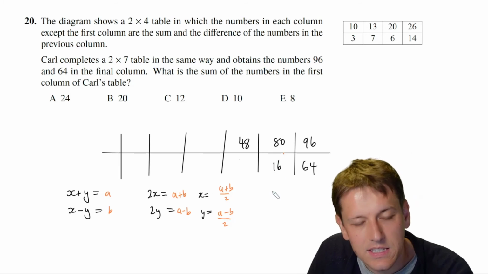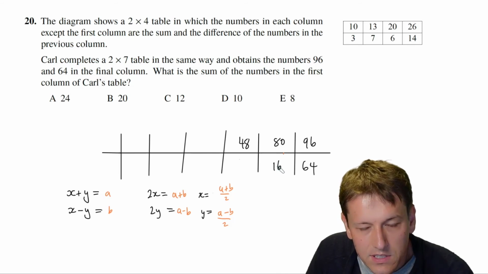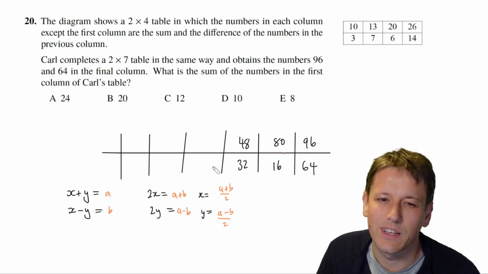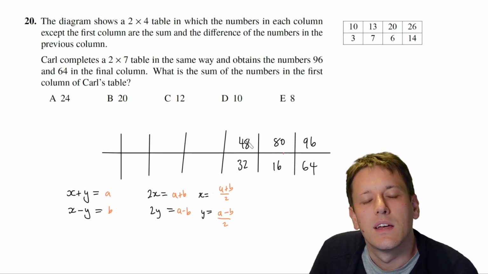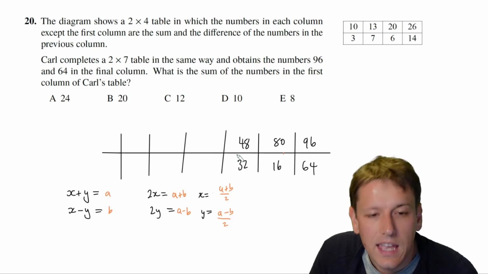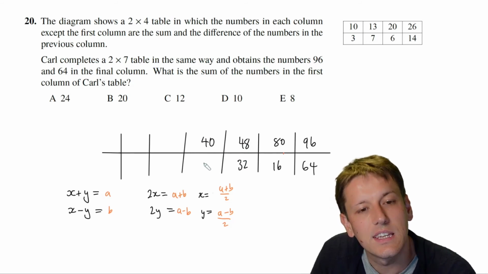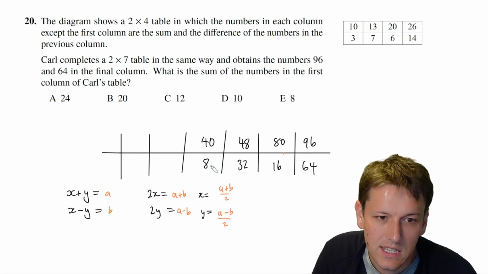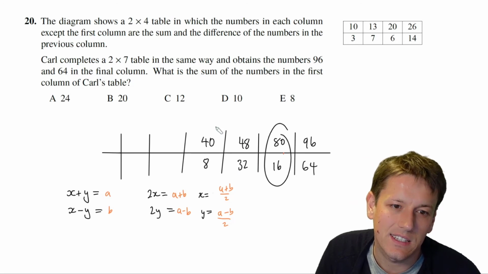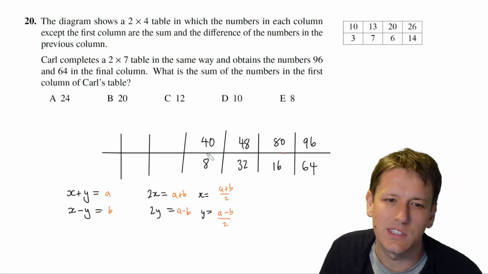Whereas 80 minus 16 is 64, divided by 2 is 32, and I keep working back. Do the same thing again, add them together, and I get 80 divided by 2 is 40, subtracting them I get 16 divided by 2 is 8, and notice this thing with the doubling is happening again. 80 and 16 is double 40 and 8, so you could possibly shortcut it now